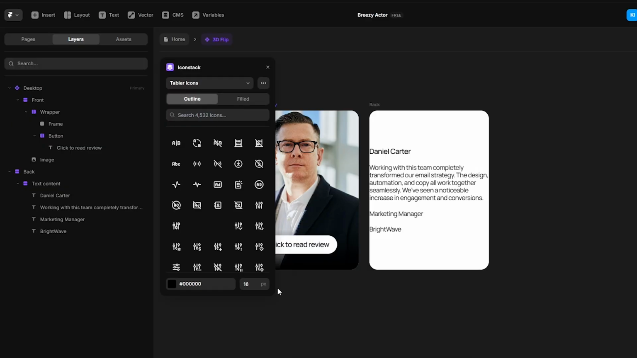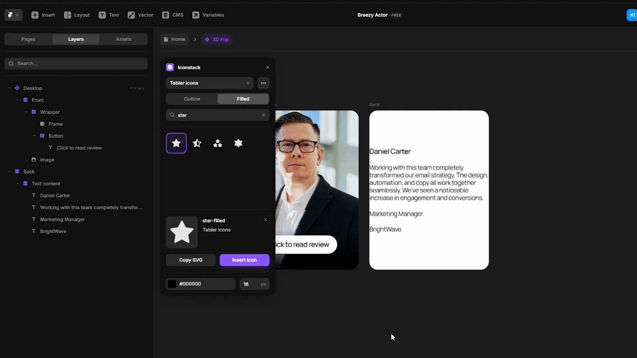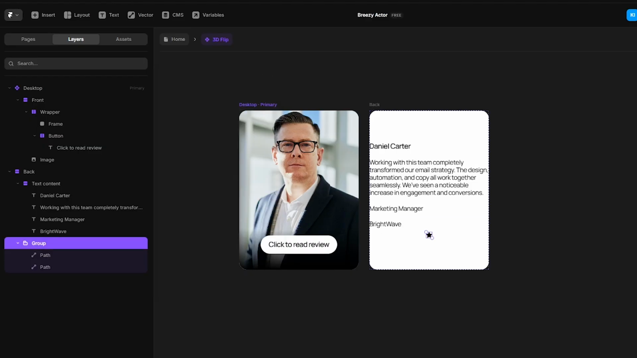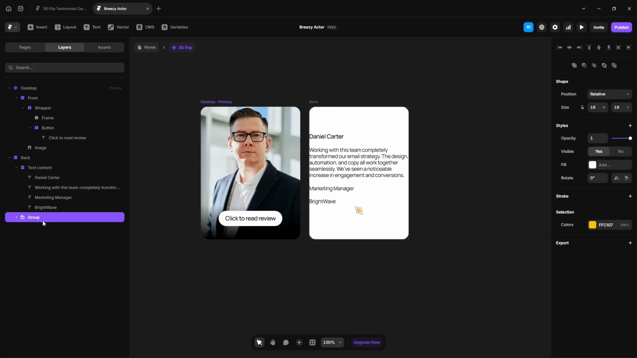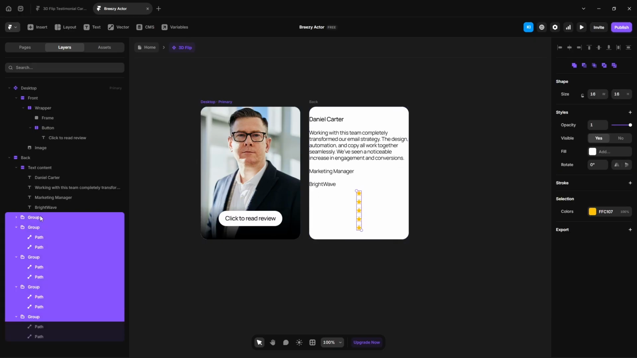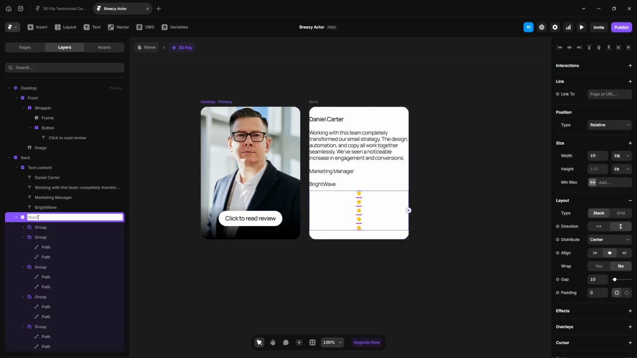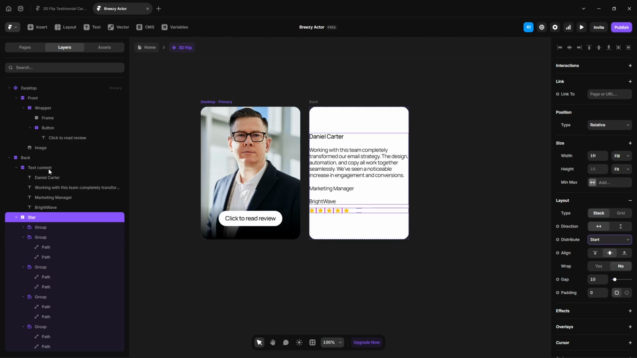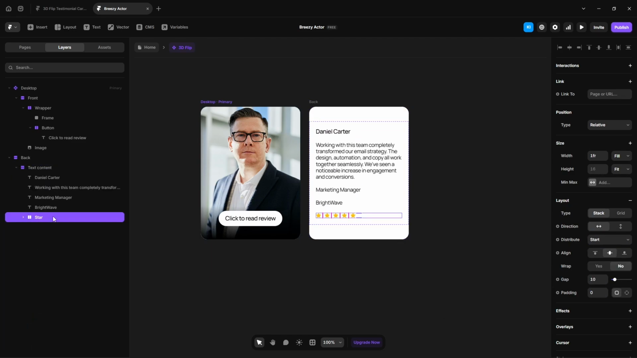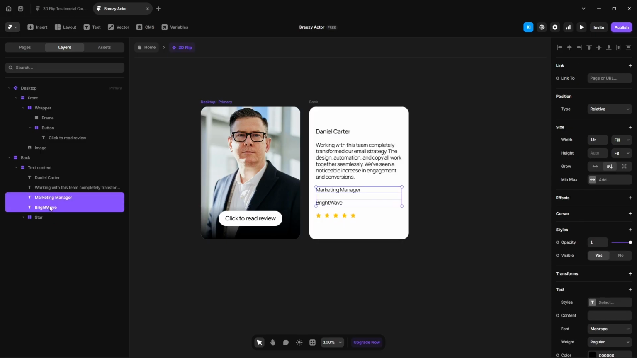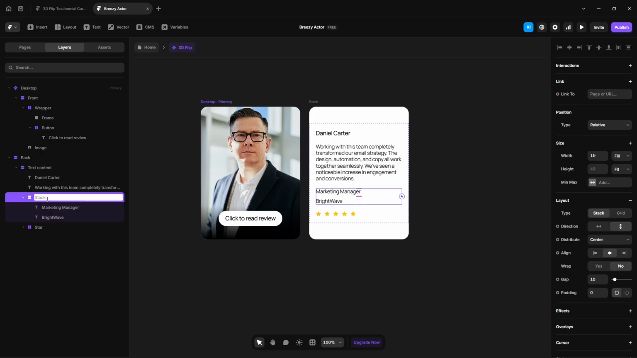Let's open icon stack, search for star, this, insert it, change the color to this color, duplicate this 4 more times, select all of them, wrap them in a stack, name it star, direction horizontal, align start, click here, add some padding 20, drop it here, and now select these two, wrap them in a stack, name it role and company, reduce the gap to 5 and press down arrow